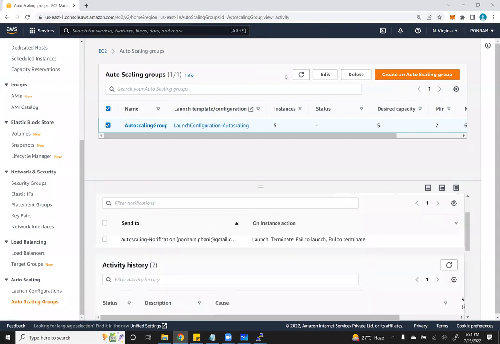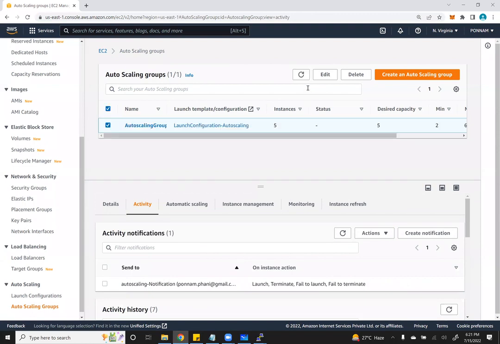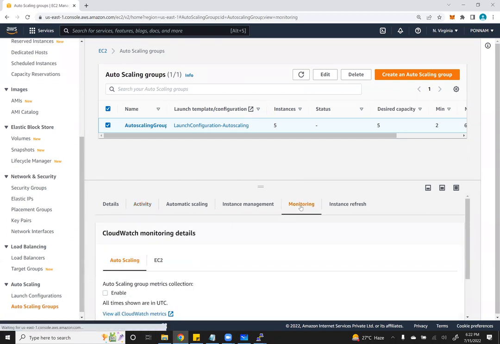Okay. So just wait. After 6, we can observe all the maximum 6 got created. After that also, we will wait for 2 more minutes, and then we will stop the load. But to delete the instances, it will take a lot of time, because the CPU has to be dropped down less than 60%, right? Right now, what is the CPU utilization? If I go to monitoring and if I click on EC2,